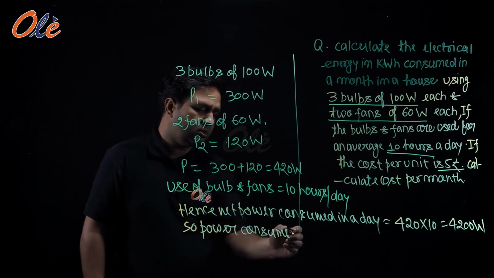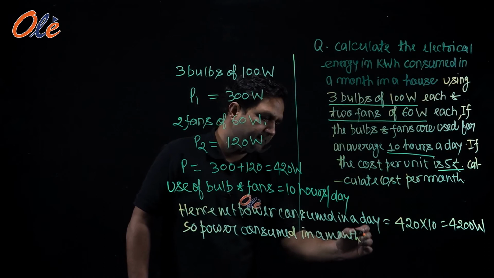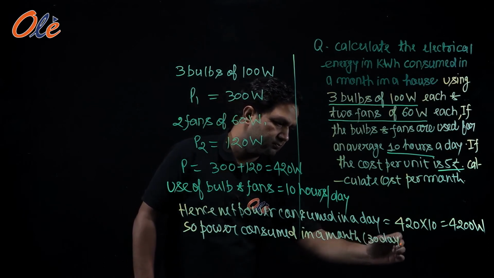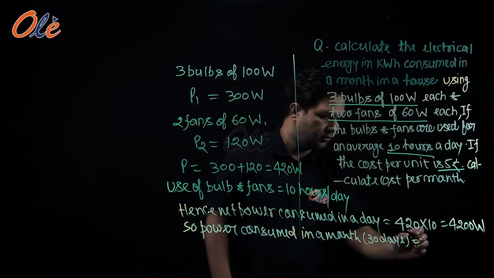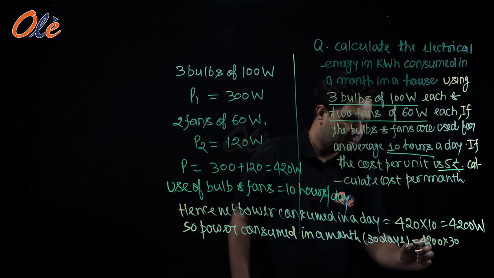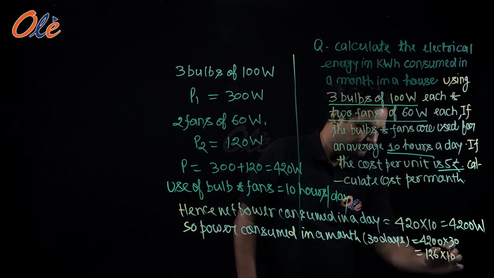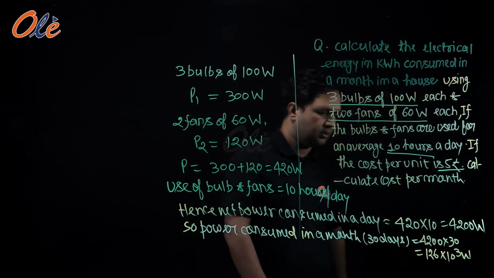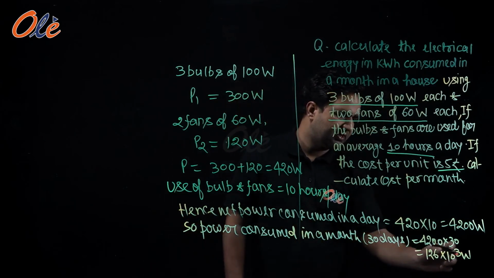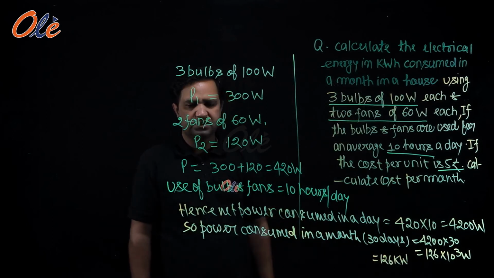So power consumed in a month means 30 days is equal to 4200 into 30, 3 to the 6, 3 4 the 12, and into 10 to power 3 watt, or we can write it as 126 kilowatt, equal to 126 kilowatt. This much power is being consumed